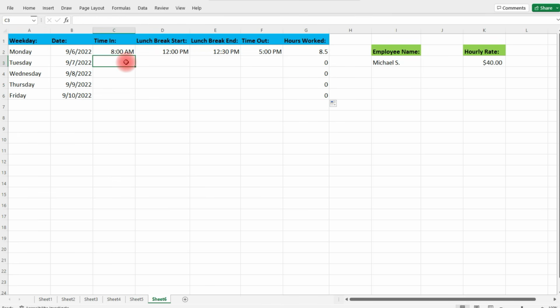So now let's put in some values for Tuesday. Let's say he checks in at 8 in the morning, but this time he's going to take a 1-hour break. So he's not going to come back till 1 o'clock. And he's going to end at 5. So we have a difference of 9 hours minus the 1-hour break. That will give us 8 hours. Let's say on Wednesday he comes in early. He starts at 7 and he ends late at 7. So that's 12 hours. And he's going to take a 1-hour break. So we should get 11 as our answer,